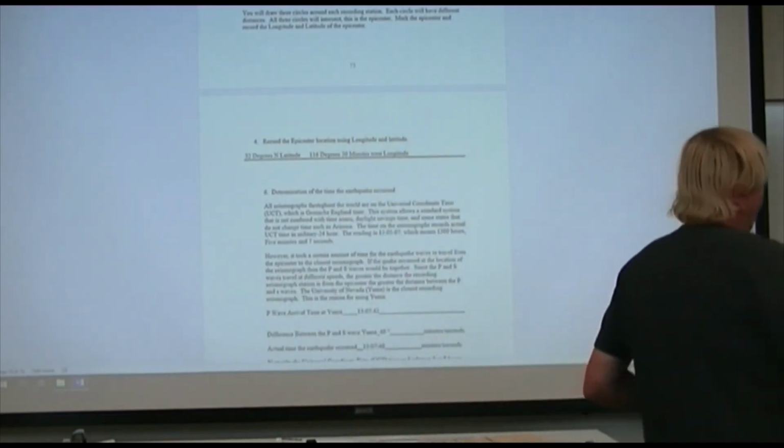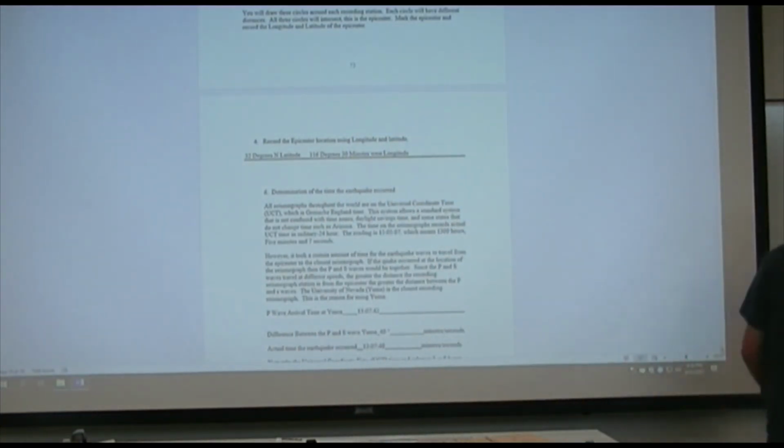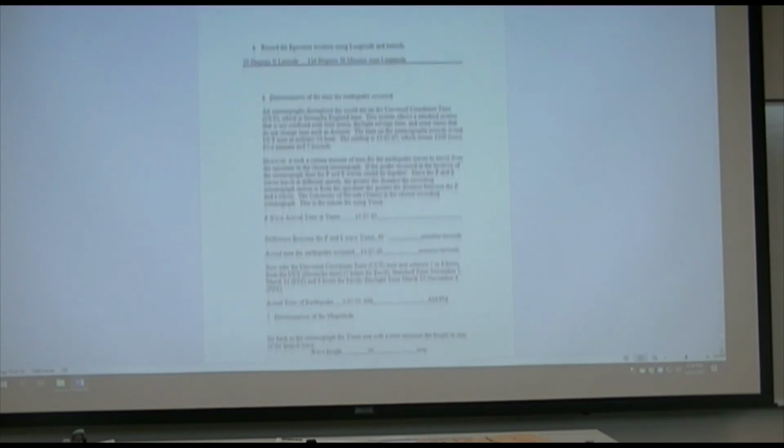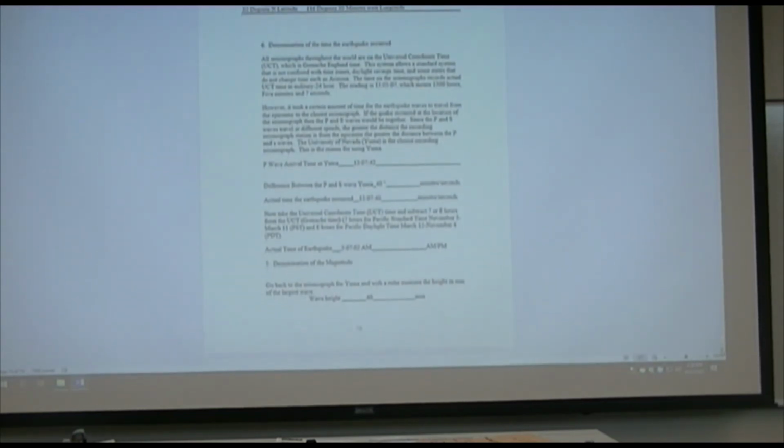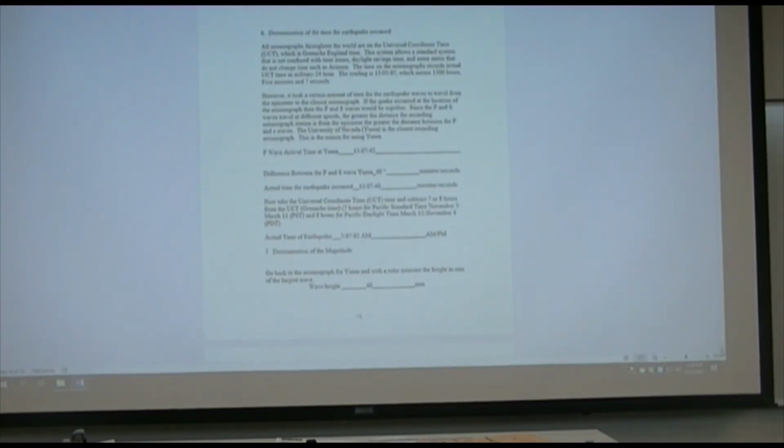And now we need to find out one more thing, and that is the arrival time. When did the earthquake occur? So that's the big question is what time did it occur? And so the way we determine is during the time the earthquake occurred. So here it says that all seismographs throughout the world are in Universal Coordinate Time, UCT time, which is Greenwich England time. This system allows for standardization, and you don't have to really convert for daylight saving times because some